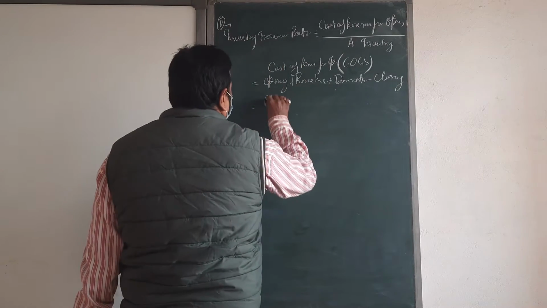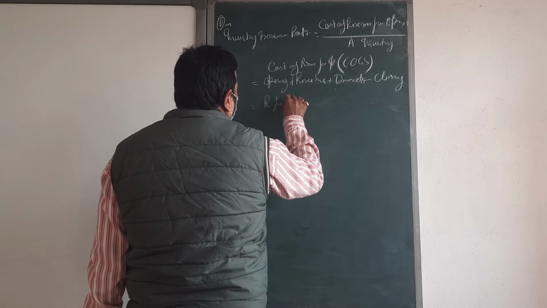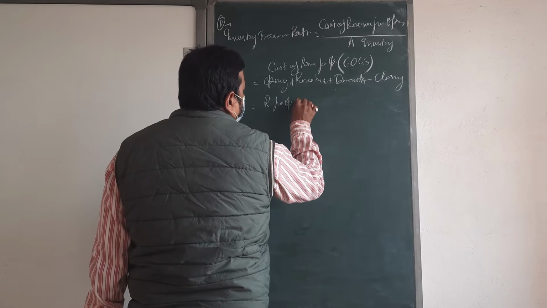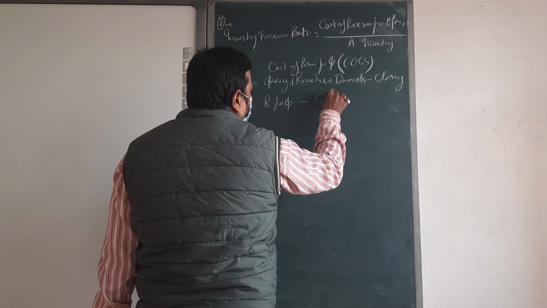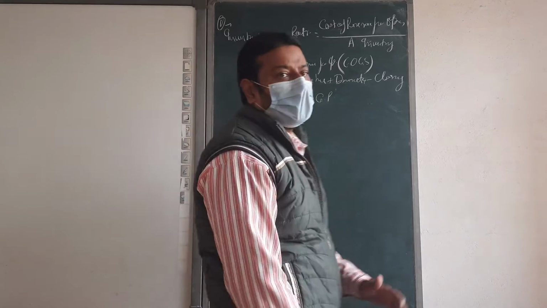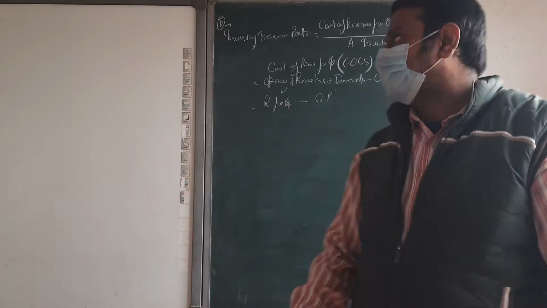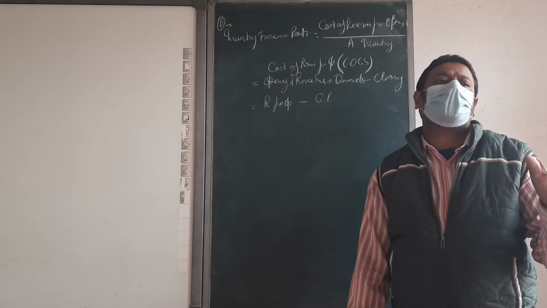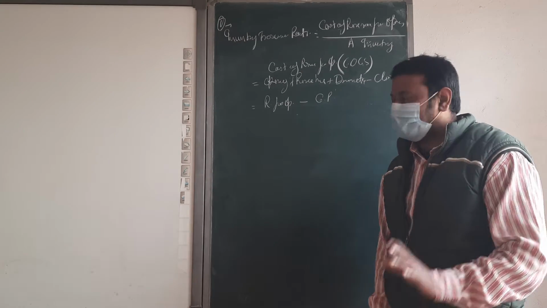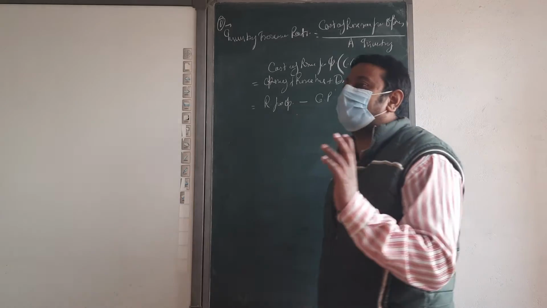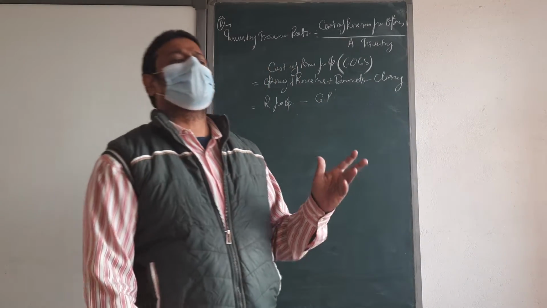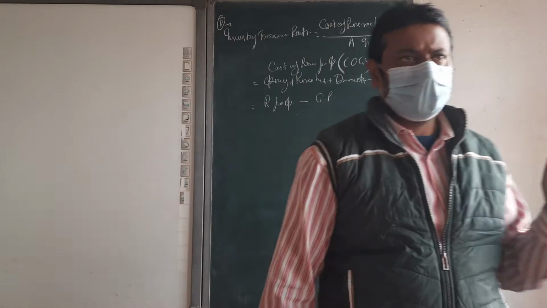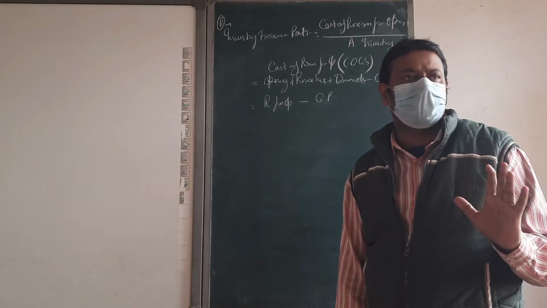Revenue from operation less gross profit. These two formulas we can use for the calculation of cost of revenue from operation, or the old name is cost of goods sold. Cost of revenue from operation we utilize for the company, cost of goods sold we use for the sole trader, but both values are the same.